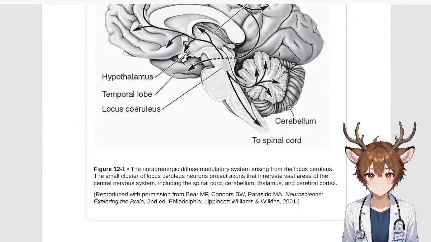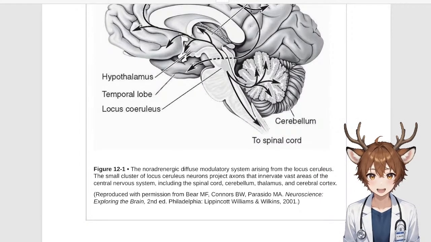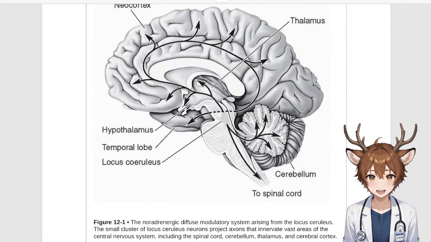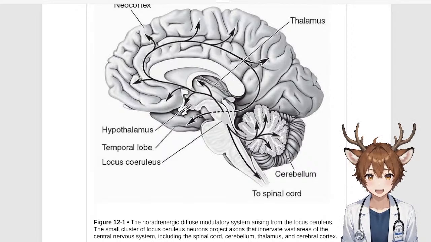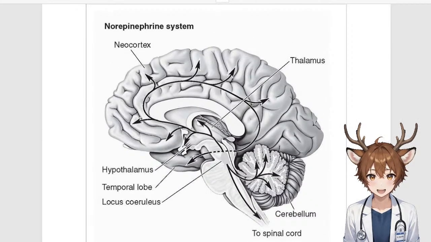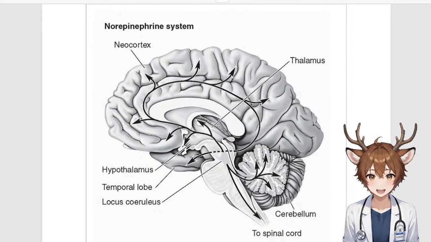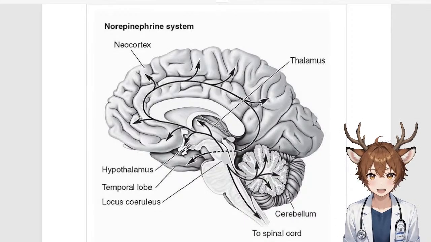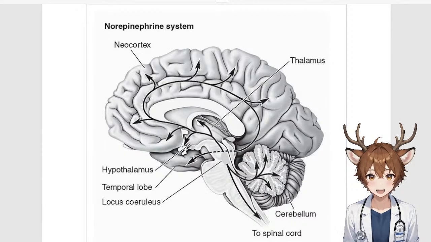Figure 12.1, the noradrenergic diffuse modulatory system arising from the locus coeruleus. The small cluster of locus coeruleus neurons project axons that innervate vast areas of the central nervous system, including the spinal cord, cerebellum, thalamus, and cerebral cortex. So you can see the cerebellum right there in the back. You can see the signal going out from the locus coeruleus to the spinal cord, to the cerebellum, over to the temporal lobe, to the hypothalamus, to the thalamus, and to the